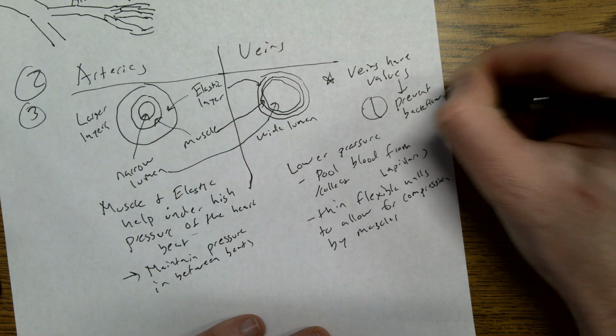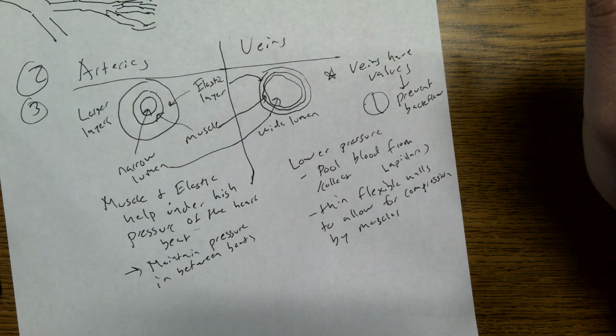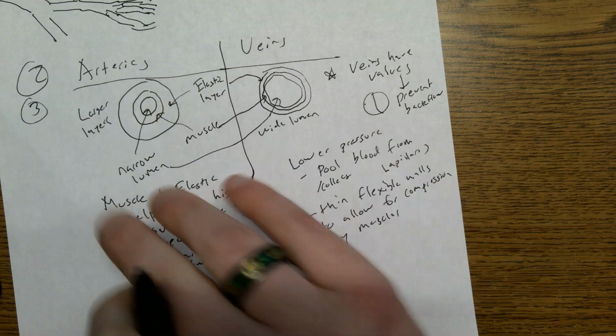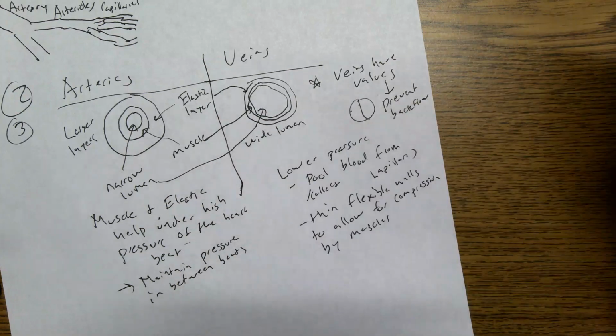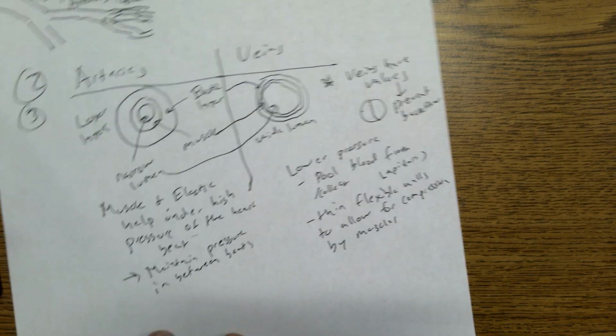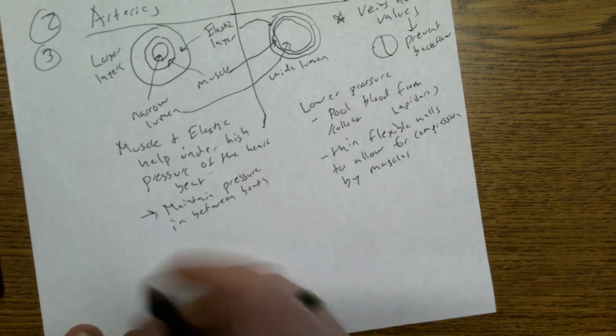So that is some of the different adaptations between the arteries and the veins and why. So near the heart, and then returning to the heart, so lower pressure, high pressure, etc. Okay. Great. Okay, 4,